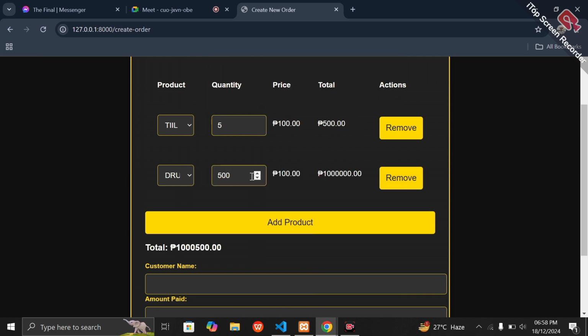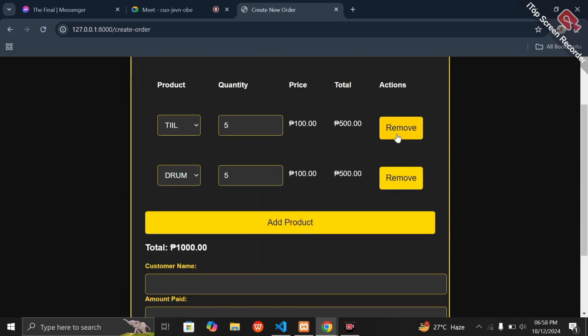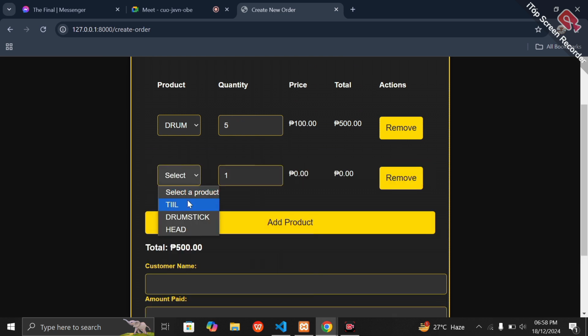You can also buy a product whose quantity is in our available product. You can also remove the product that we buy, and you can also add product. Add one last time.